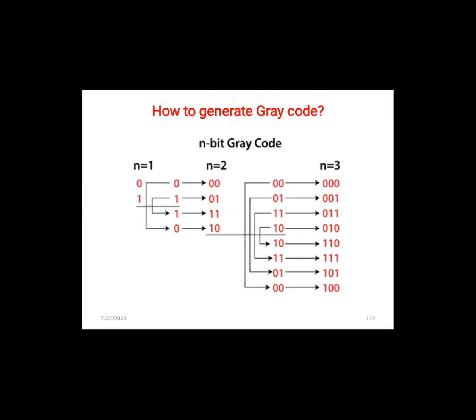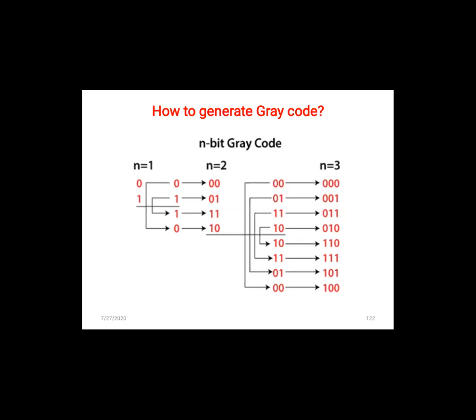Now what I do? The third answer is 1 1. So 0 0, 0 1, 1 1. Now I have to change only one bit at a time. Now 0 1 तो already आ चुका है. So what I do? The MSB I keep it as 1 and LSB I make it as 0.